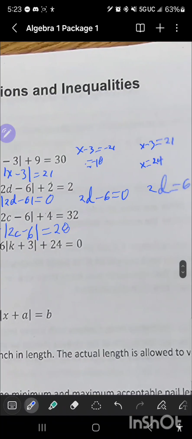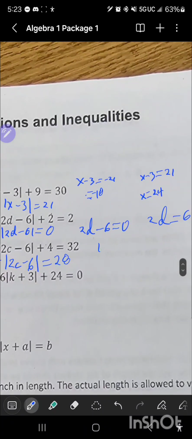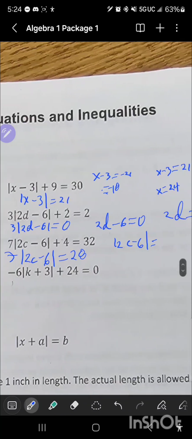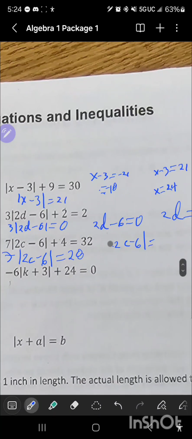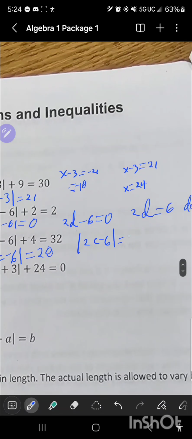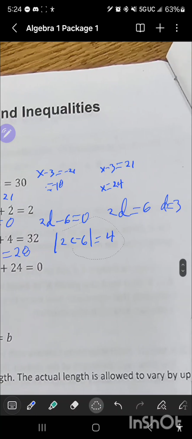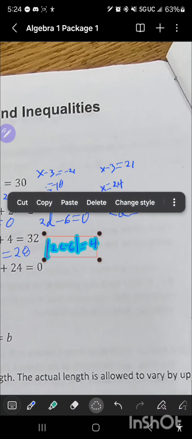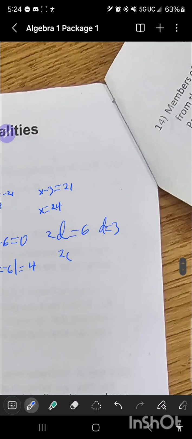Now we want to divide both sides by 7, so we have the absolute value of 2c minus 6 equals 28 divided by 7, which is 4. So the absolute value of 2c minus 6 equals 4. And since now we have the absolute value on one side and an integer on the other, and the integer is not 0, we can say that